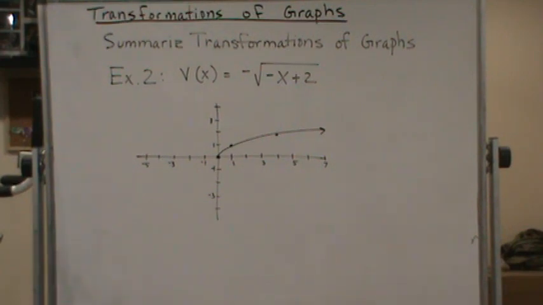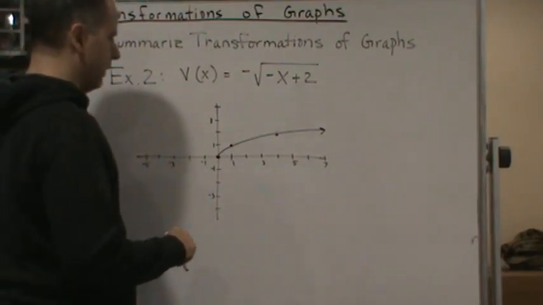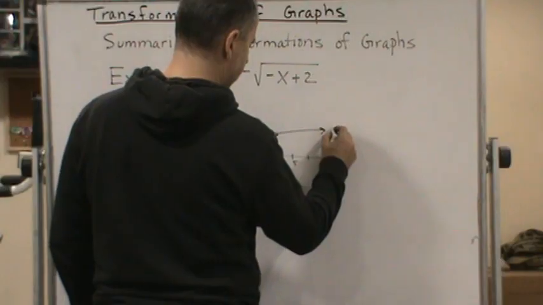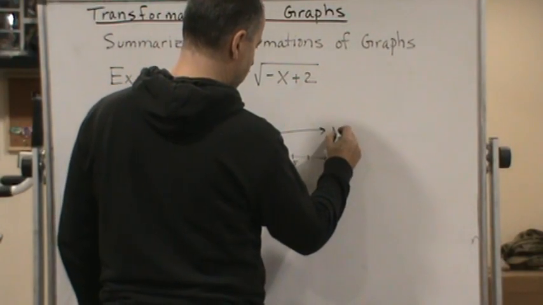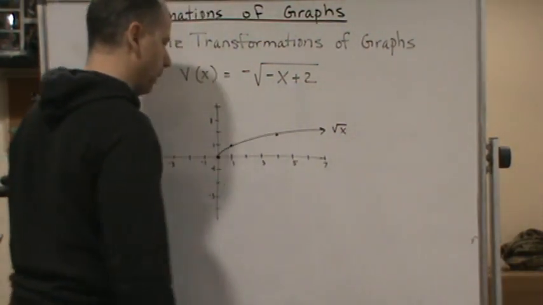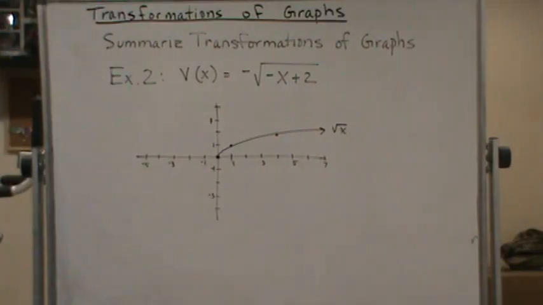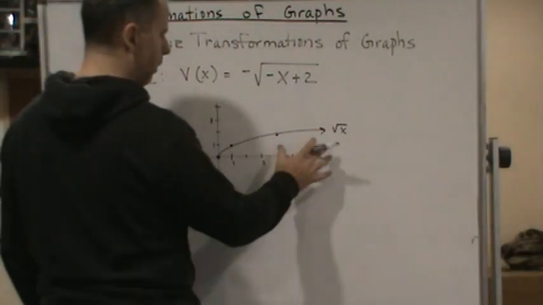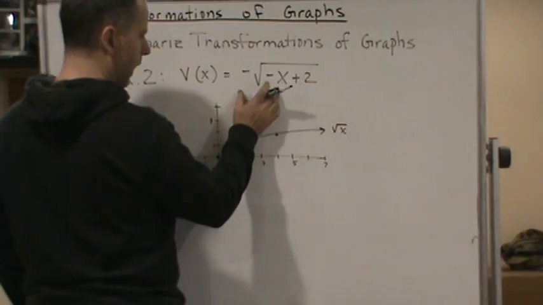All right, welcome back. Now let's do our last example here. And this is v of x. Now what I did was I plotted the function square root of x. So that's one of our parent functions. Okay. So now what we're going to do is use our parent function to graph this function